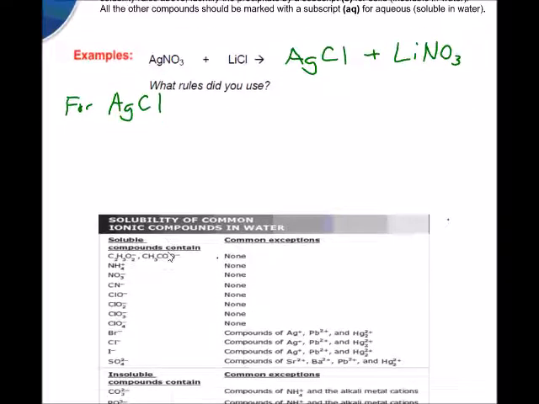Now, let's scroll down here to include our chart. This is on the back of your periodic table, and it tells you what to expect. So soluble compounds will contain the chloride ion. So that's what we always look at. We look at the second one. So for silver chloride, we're looking at the chloride ion. Chloride ion is right here. Chloride ion is soluble